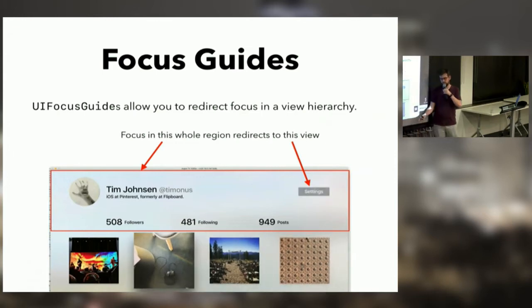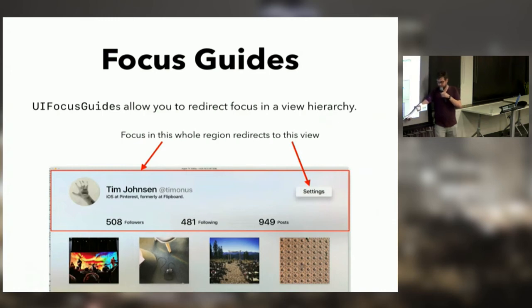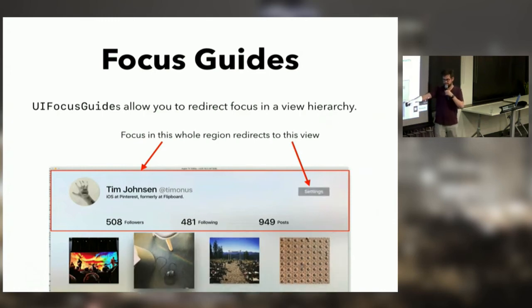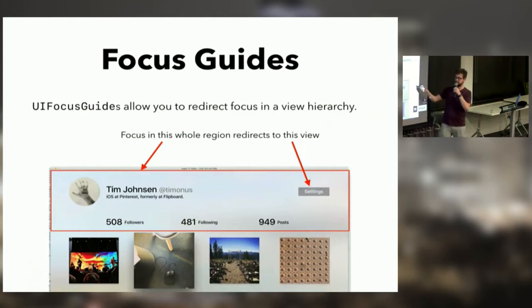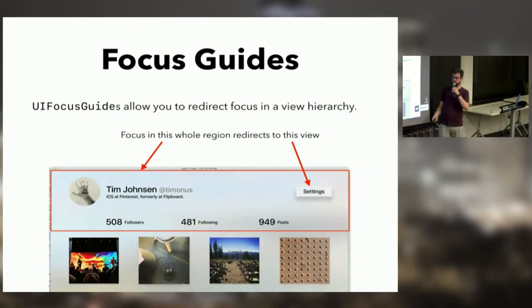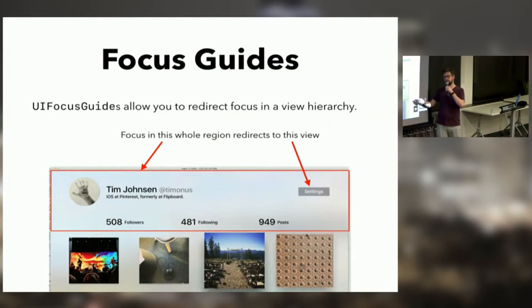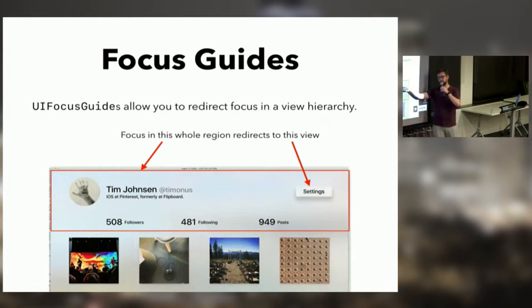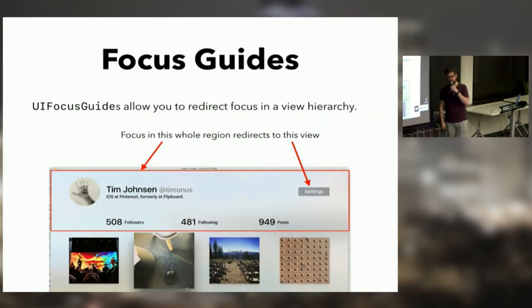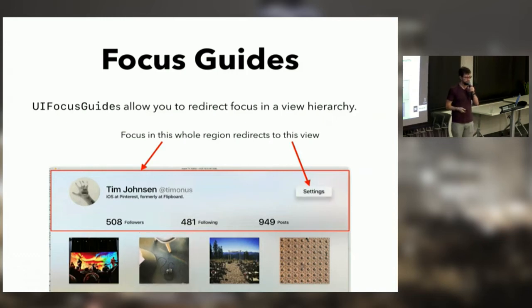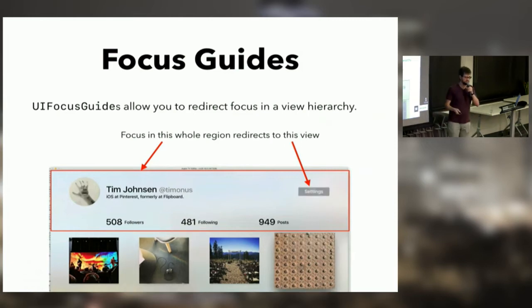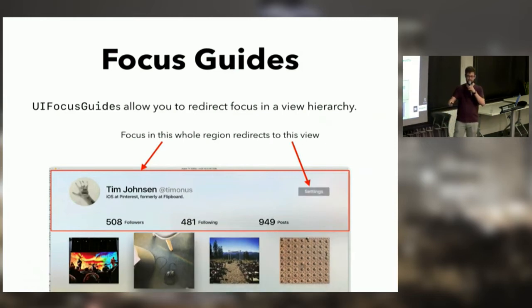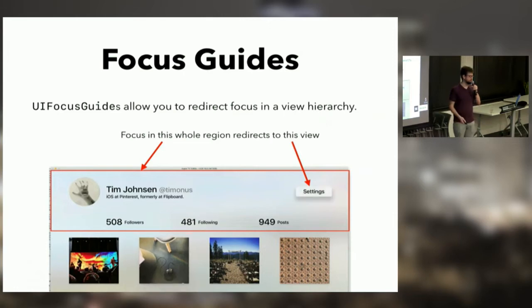But in this view hierarchy, from any swipe up here, it seems logical that the settings button would get picked up. The way this is implemented is that this is just a header view on the collection view, and I added a focus guide to it, and the focus guide redirects focus to the settings button. That's how I achieve this effect. If you run into similar stuff where you're building a tvOS app and you swipe and then focus sort of stops and you wish it would jump to that thing, focus guides are a great way to do that.